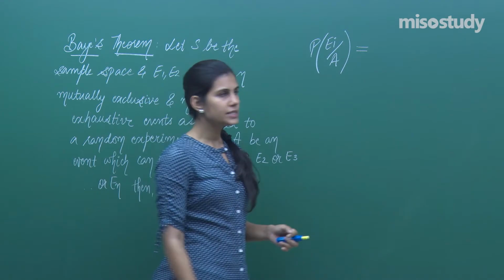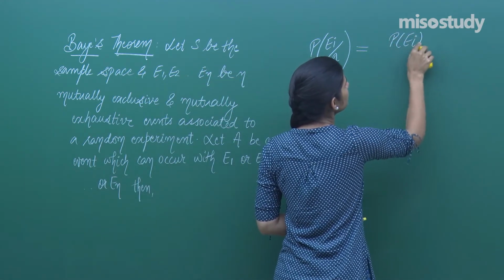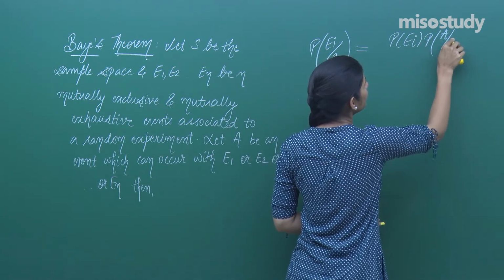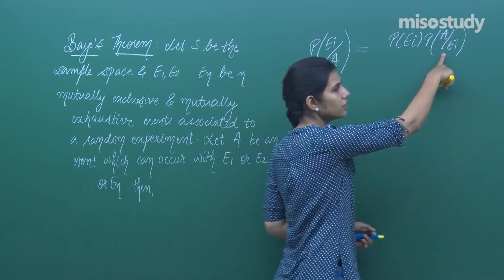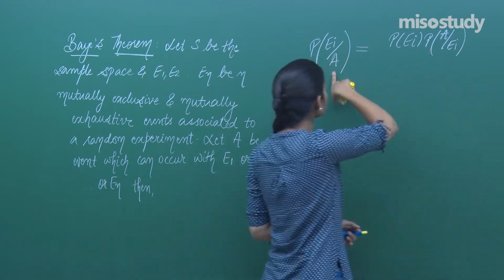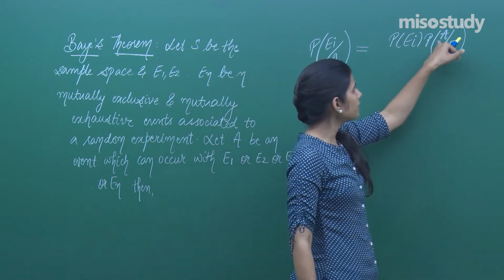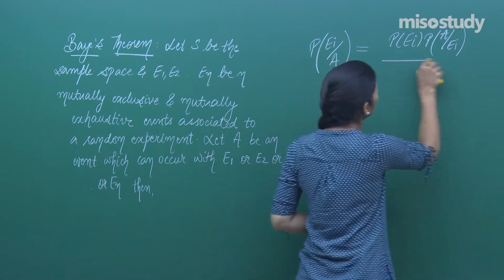This, according to the Bayes theorem, is given by probability of the source multiplied by probability of occurrence of that event from that source. This is very simple, right? This is something that is reverse of it. This is simple conditional probability. What is the probability that the ball drawn is red from jar 1? So this was simple. Whole upon